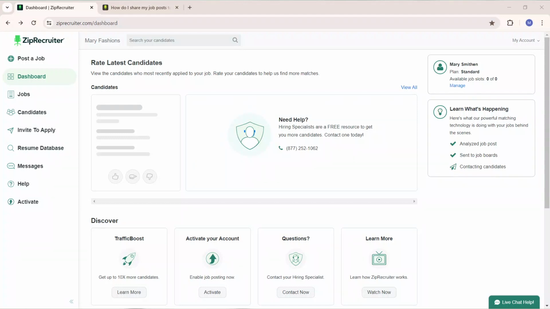Hello, in this tutorial, I'll show you how to email customer support on ZipRecruiter. It's pretty much simple. The first thing I'd like you to do is to launch your ZipRecruiter employer account. You can even do that using a job seeker account, but I chose to use the employer account